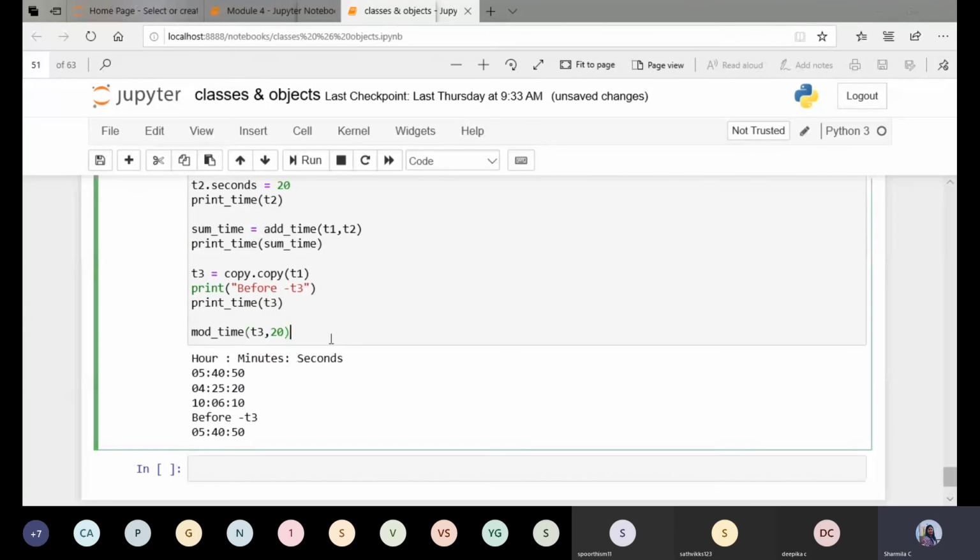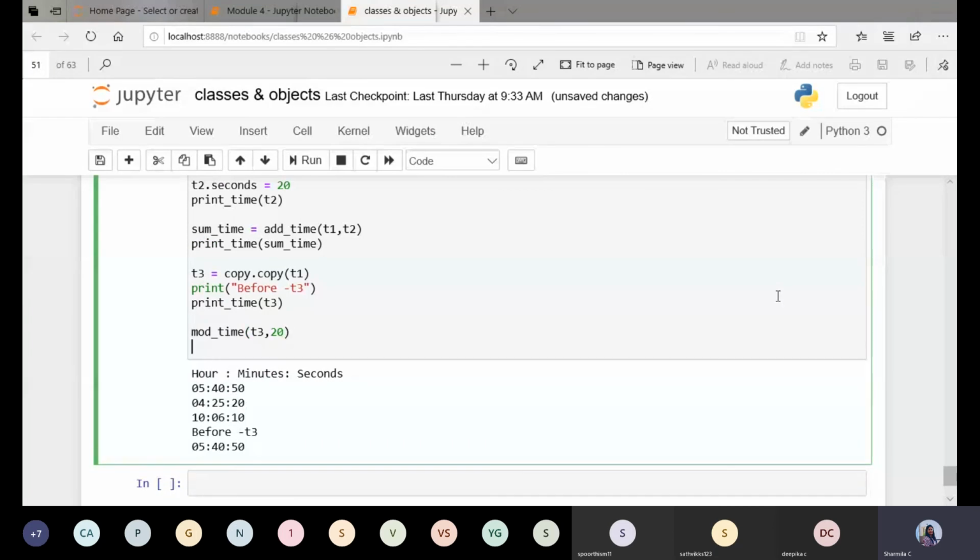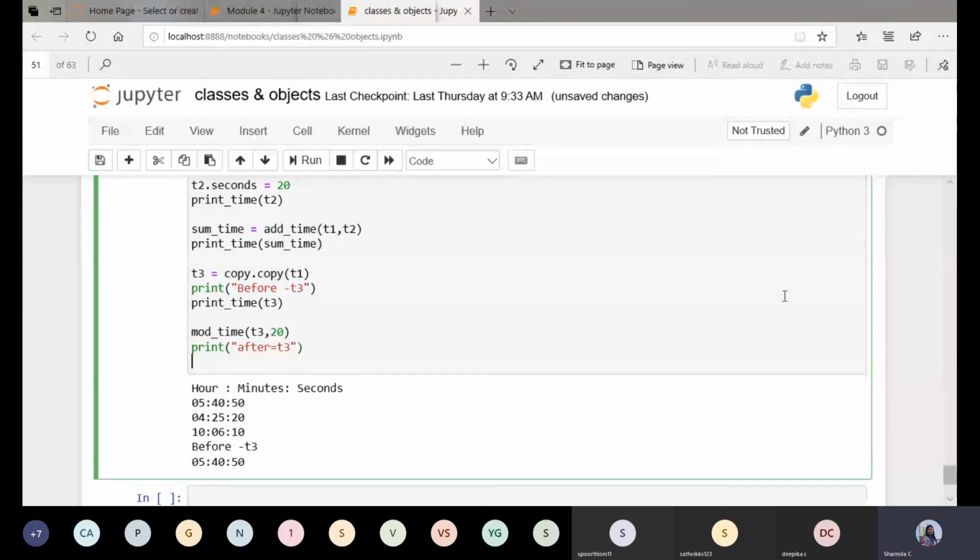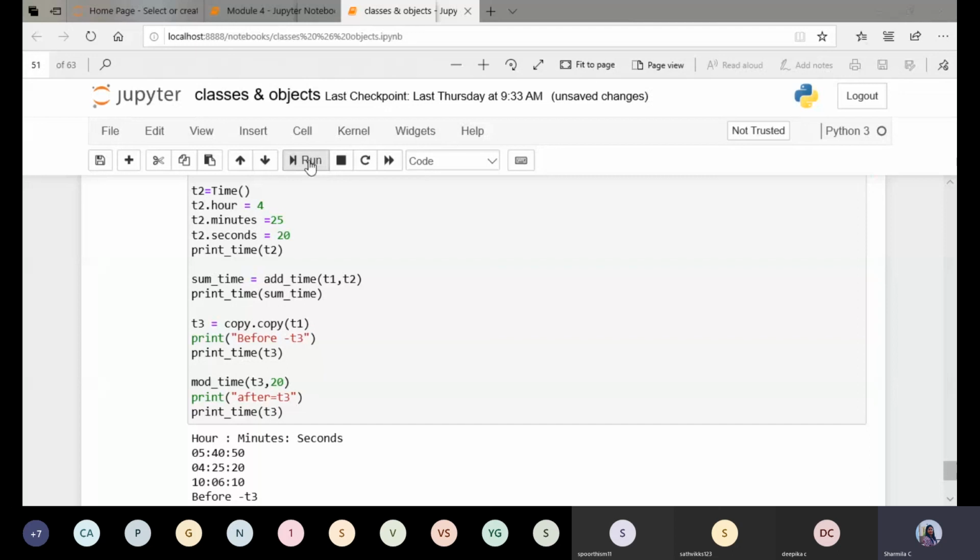I'm not printing this here, so I'll give print after, to check the t3 value. After t3, once again call the print underscore time function and pass the object t3. Now just run this.